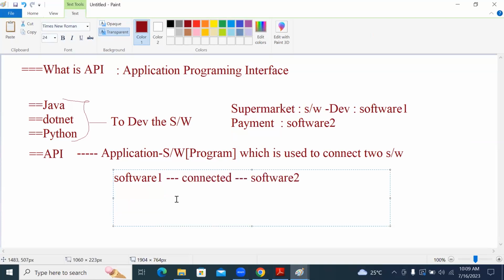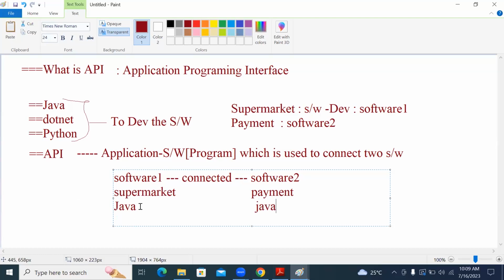So what is software 1, which we are taking as the supermarket software? The supermarket software has been developed in Java. Software 2, related to payment, has also been developed in Java.